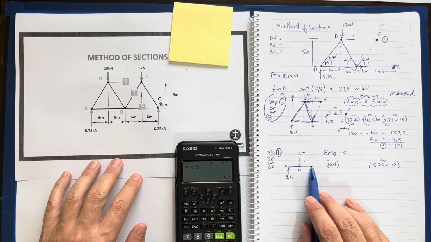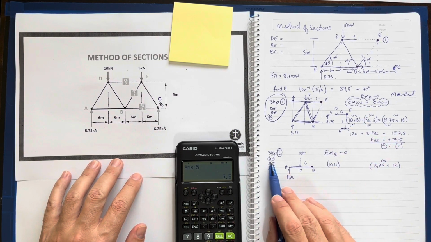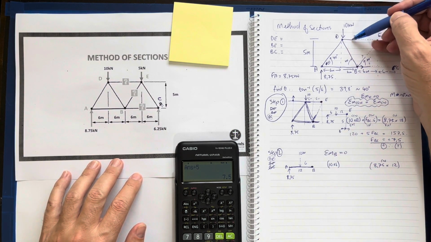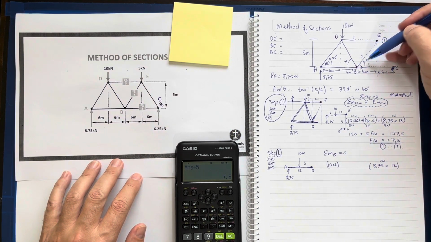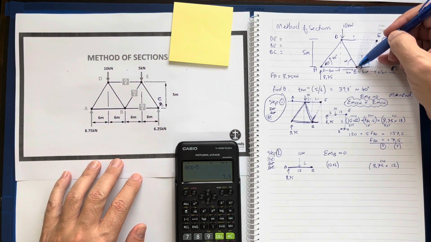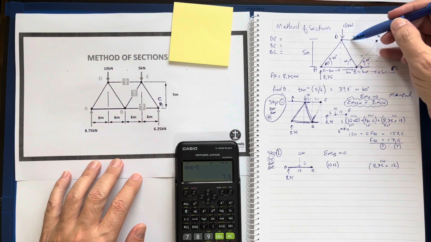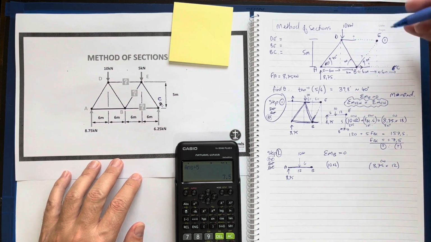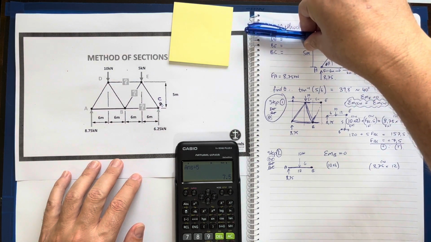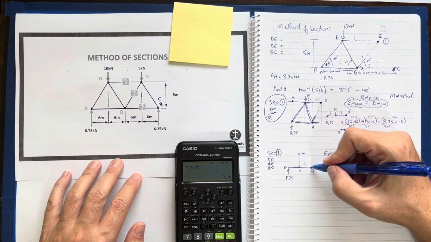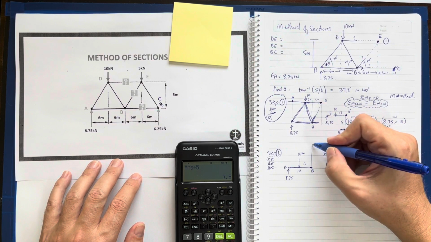And the other force that I now have, which is DE, I don't look at that member touching B. I look at that member there. I don't know which way it's going, so I'm going to assume it's positive, I'm going to assume it's in tension, and the internal force is pushing away from the joint. And again, if I draw my moment like that,